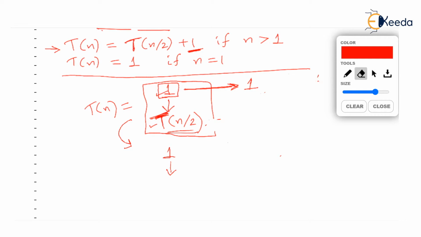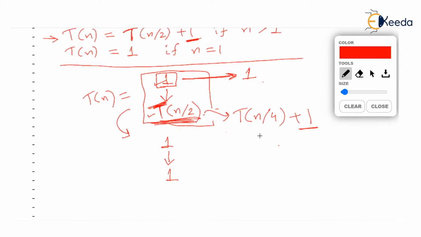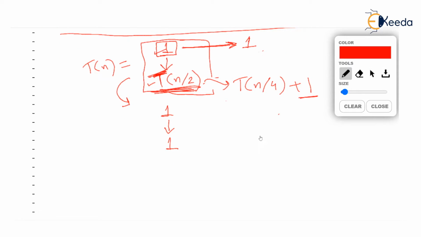So how do you now extend this tree? Let's see. T(n/2), check again, is T(n/4) plus 1. Now, this T(n/2) will be as usual represented with this additive term 1. So I am writing 1 as the child of root now. Okay. And what is this 1 added to? 1 is added to the function T with the parameter n by 4. So we will put this as 1 has a child T(n/4).